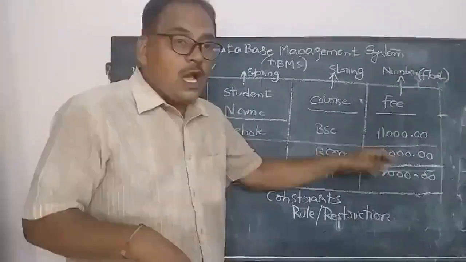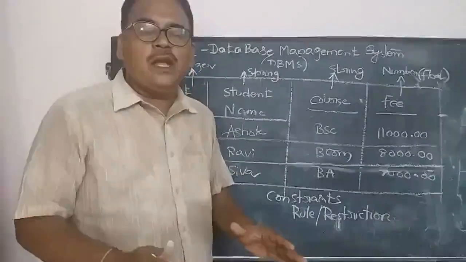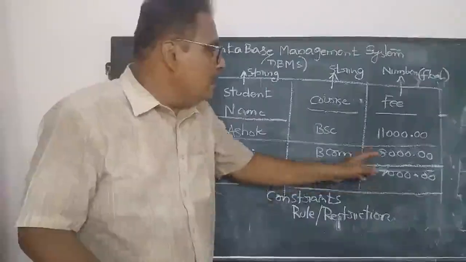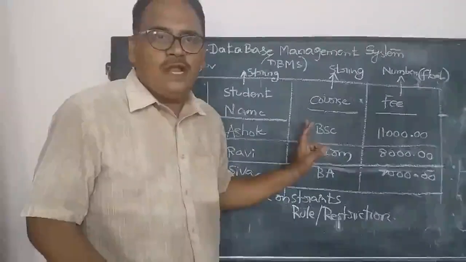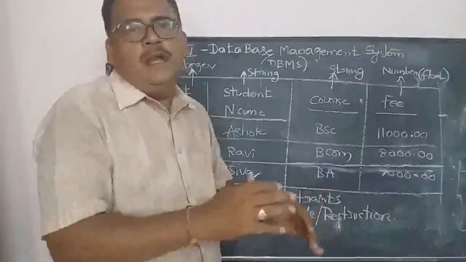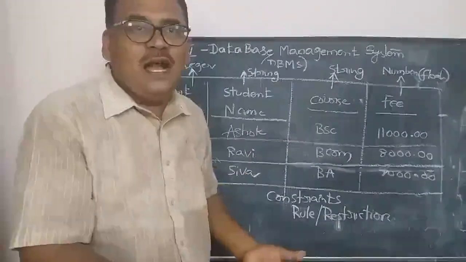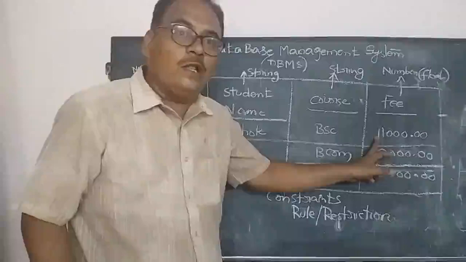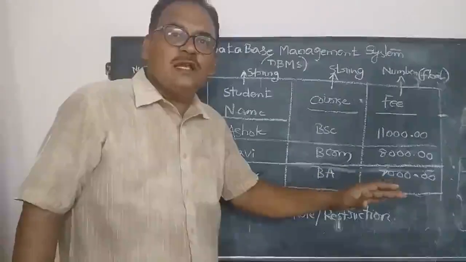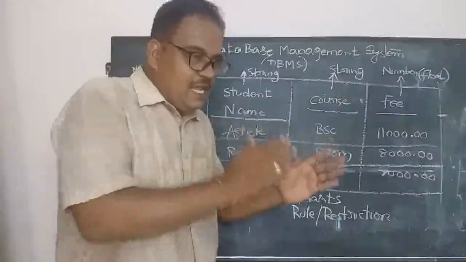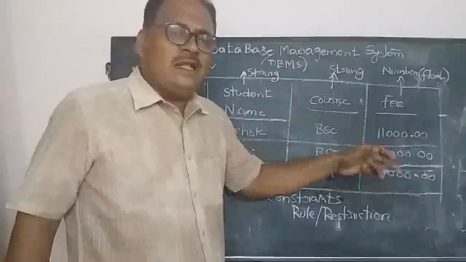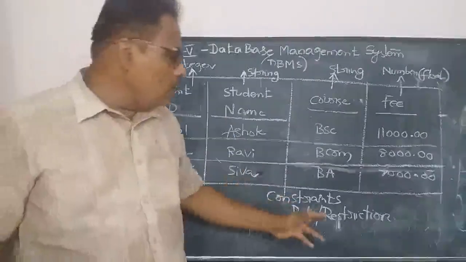Now, fee. Coming to fee, a prescribed fee is allocated to a particular course. No need to pay the maximum extent of the fees to a particular student. For example, I define 11,000 for the BSc course. No student needs to pay more than 11,000, and we need not enter 12,000 or 11,001 rupees into the student fee field. And again, minus values are also there. So here fee ranges from 0 to 11,000 only. That is the restriction on student fee. Like that, there are so many examples of rules or restrictions.